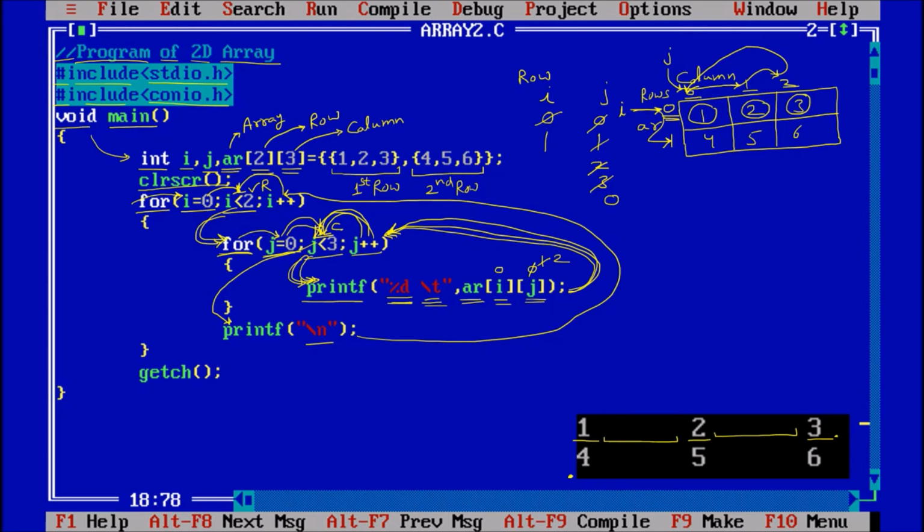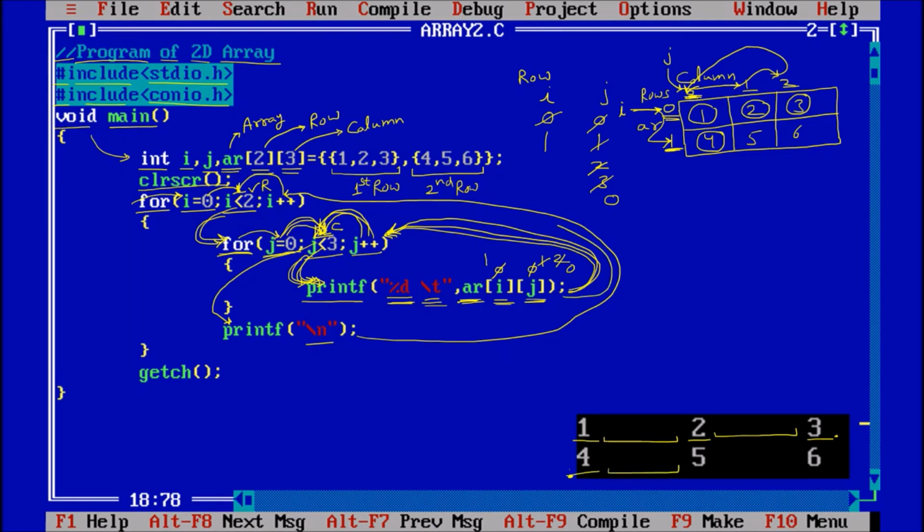Now j is 0. Is 0 less than 3? True. Come down. Again %d, tab space, ar[i][j]. This time the value of i is 1 and the value of j is 0. So talking about 1 and 0, here the value 4 is fetched and displayed on the screen. So 4 is displayed and one tab space is given.